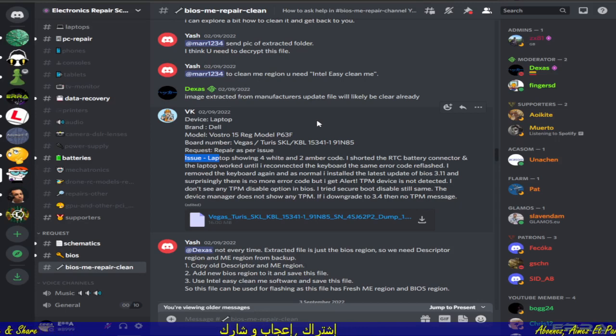I don't see any TPM disabled option in BIOS. I tried disabling secure boot, still the same. The device manager does not show any TPM. If I downgrade to 3.4, then no TPM message. In fact, I got some cases like this, and I just downgraded the BIOS version,